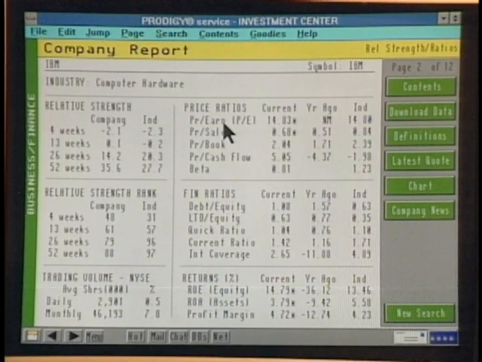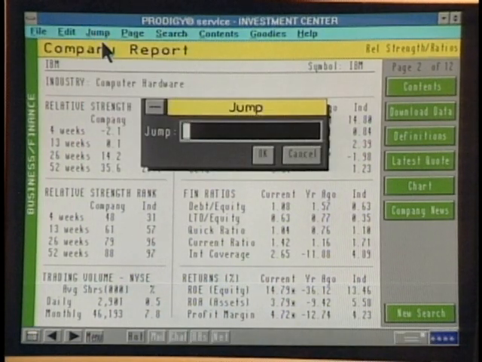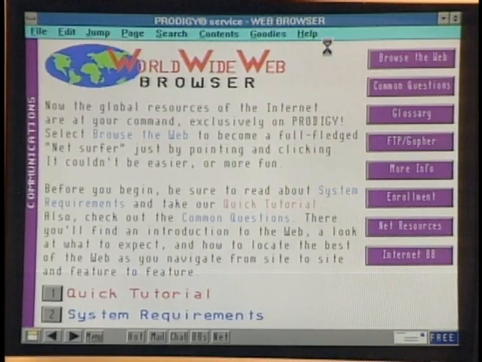Now, of course, with the internet becoming so big, I think the other nice thing about having an online service at your fingertips is that you can hop on a web browser and get a world of additional information. So you now have the web browser here, and I can run out and just get all that junk that's out there, the zillions and zillions of bytes a day.